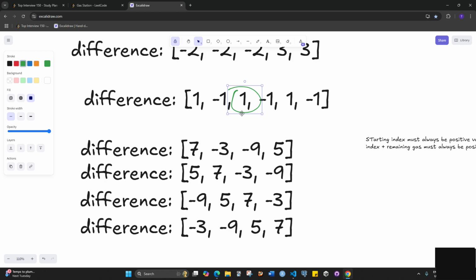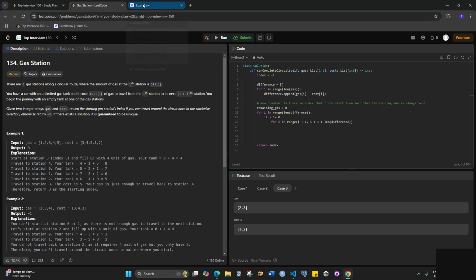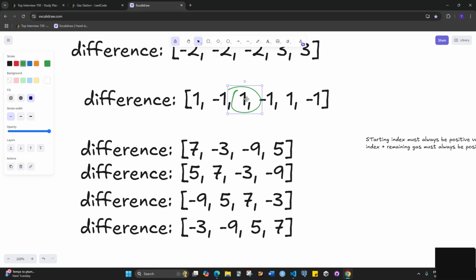Like in this case, any of these could be valid, but it's a unique solution, so if there's only one possible solution, well, how can we know that there's going to be only one solution? It's possible that